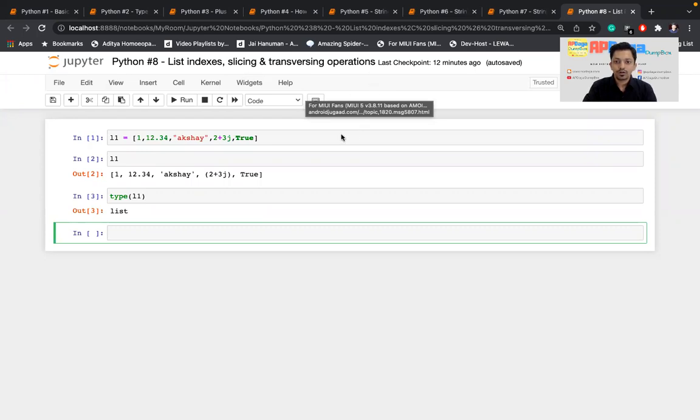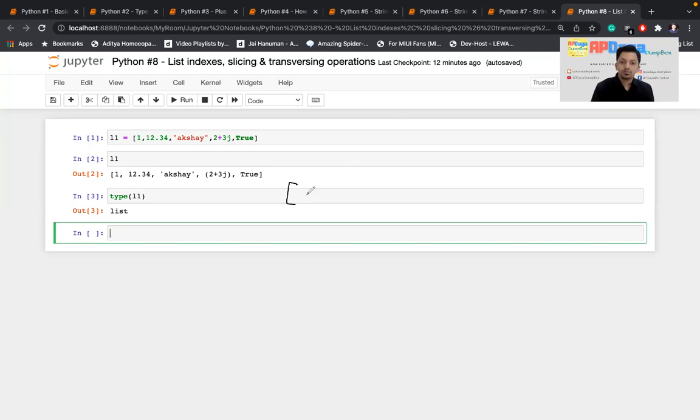So I'll show you how forward and reverse index works in a basic way. So consider this as a list. Right now there are different elements like 1, 12.34, Akshay, 2+3j and True, all have different data types, and that is possible.